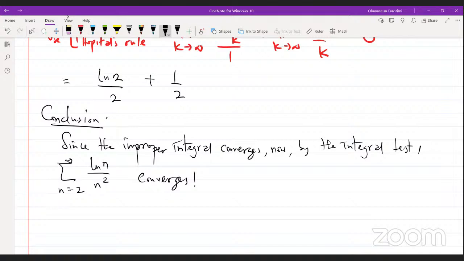Okay. So let's see if we can just do one more example, and then we would go from there. So let me see a nice example that we can talk about. Okay, so